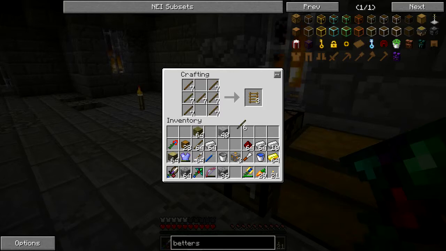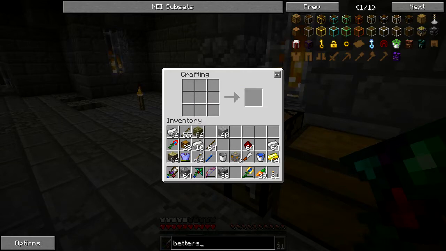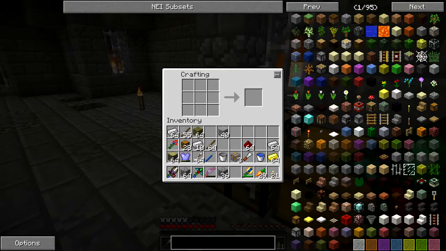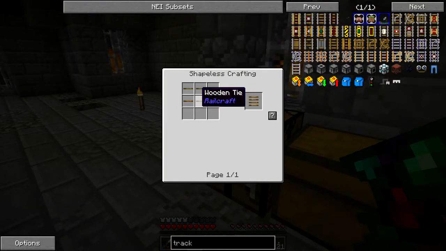And for regular rails, right, iron goes around the edge and a stick in the middle, I believe. Whoops, I'm doing the same thing again. We already know it's not that. There we go. Wait, no, that's not it. Oh, maybe the rail recipe has actually changed in this mod pack. I believe for one thing, it's actually called a track. For that I need wooden...